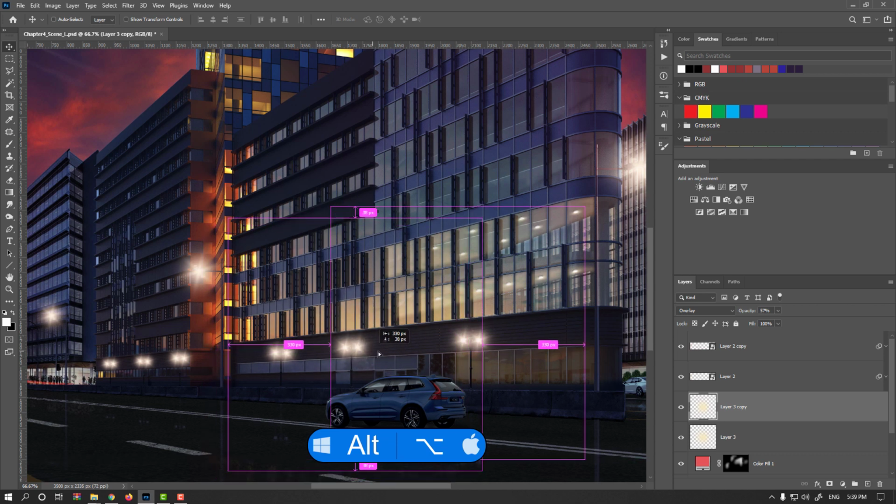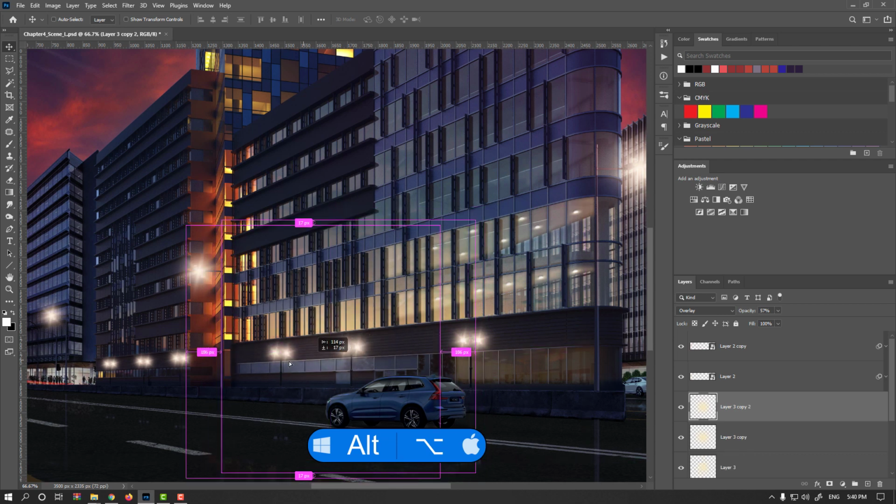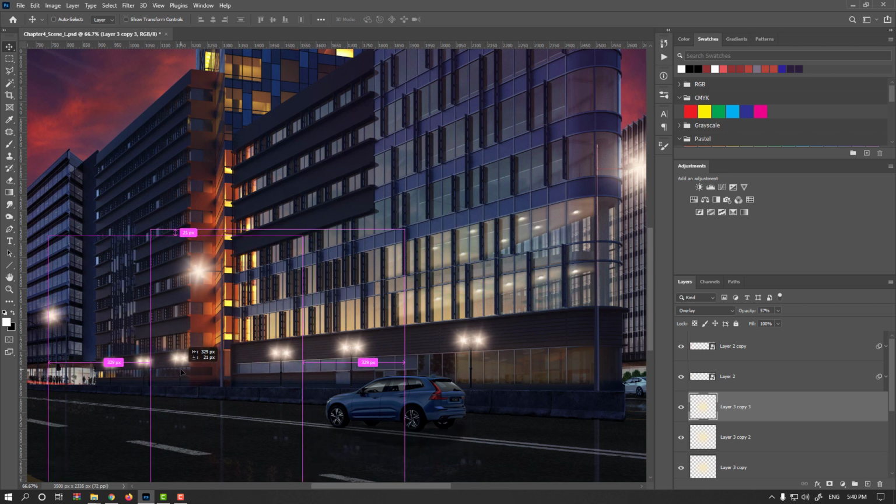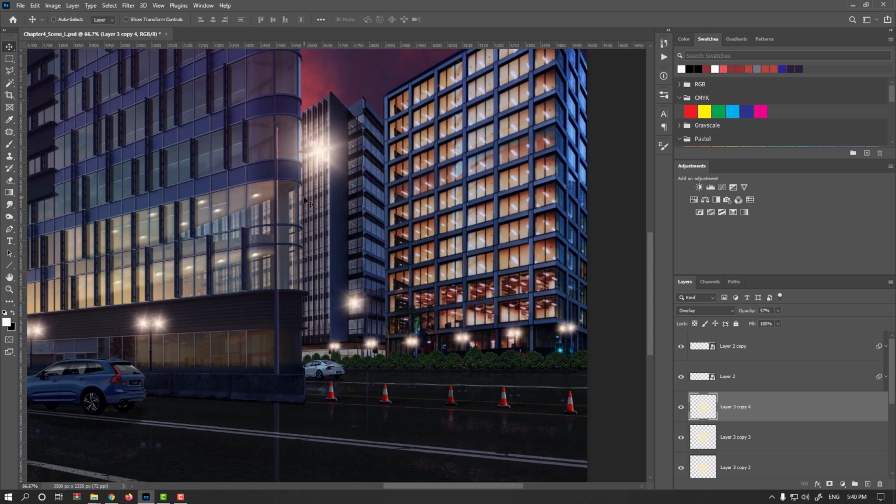For example, maybe few here, it is nice. And for the ground, you could make volumetric light. For example, I create a new layer, polygonal lasso,